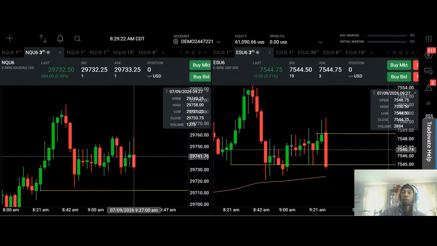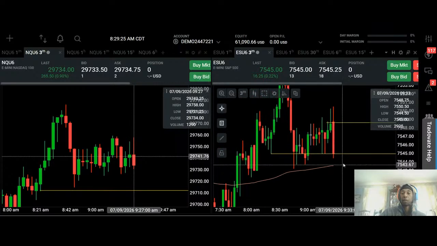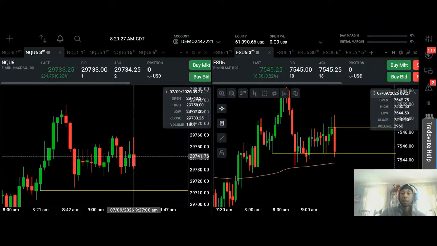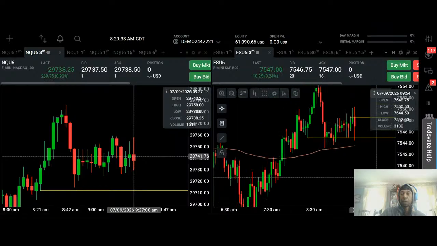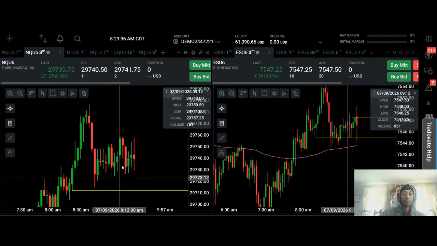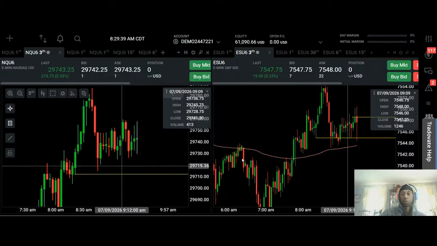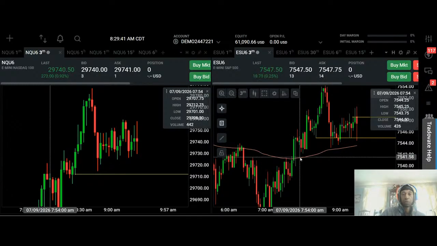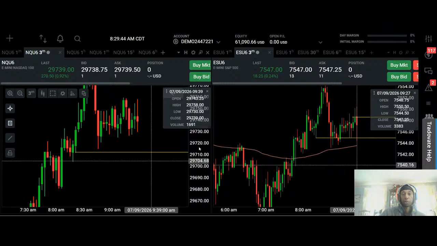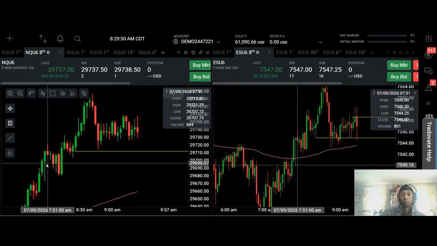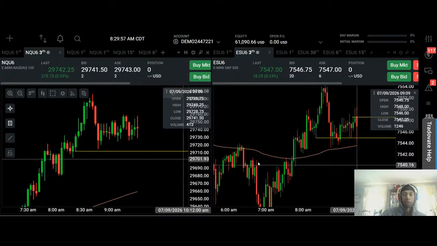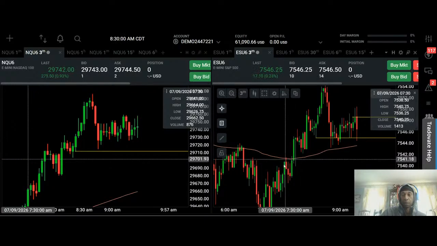All right, so on my 3 minute, I am looking at my 144 line here. I'm looking at this 144 line. That is my point of interest. This line right here is my point of interest. This right here is the 3 minute chart. So the EMA serves as like a bus stop. The EMA serves as a bus stop. So every time it comes to the bus stop,